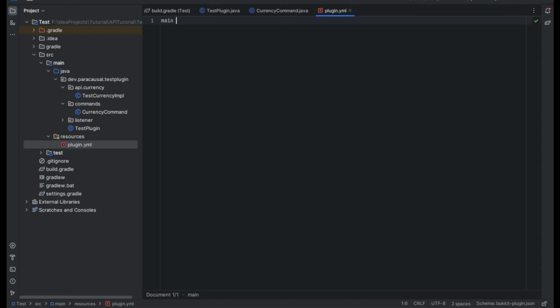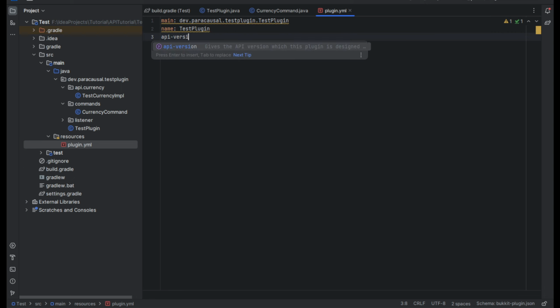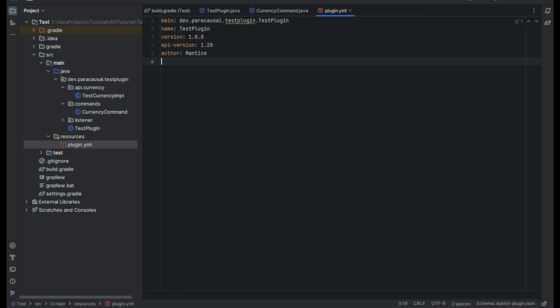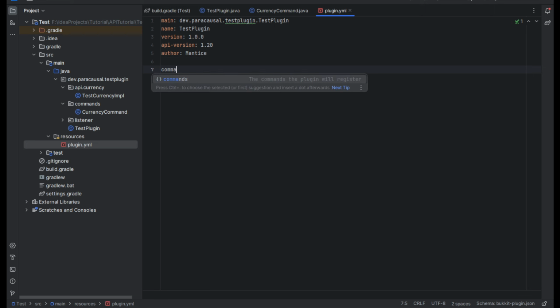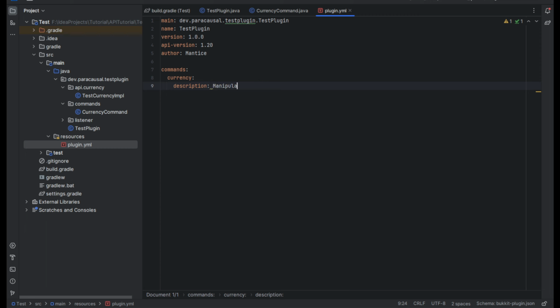Plugin.yml, main, package name, test plugin.test plugin. Name is equal to test plugin, API version 1.20, and version 1.0. Author, put your username, and we'll do commands, currency, name, description, manipulate the player's currency, and we'll say this and then there. Okay, usage,